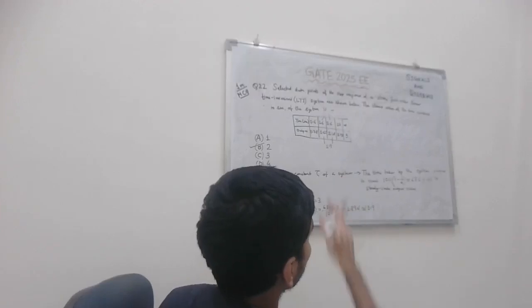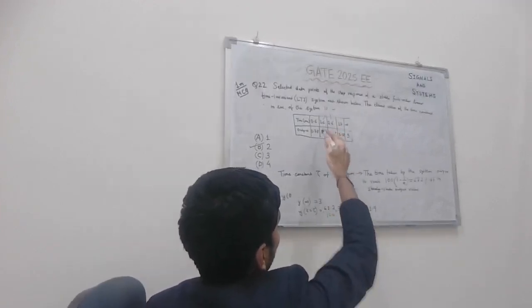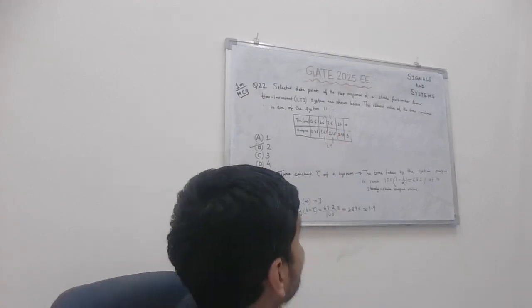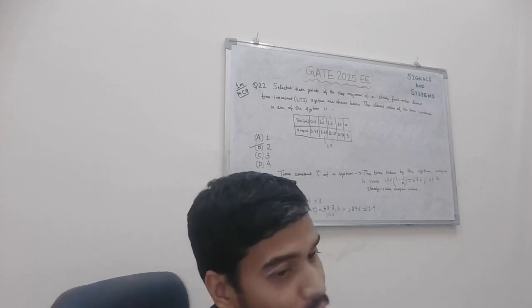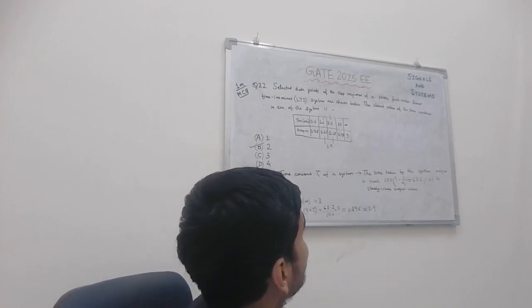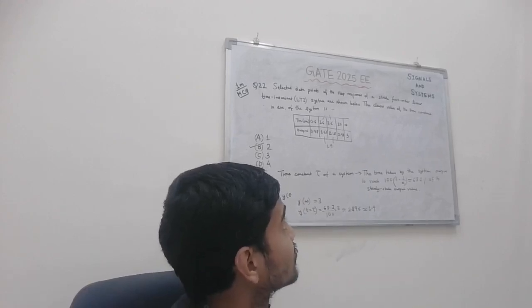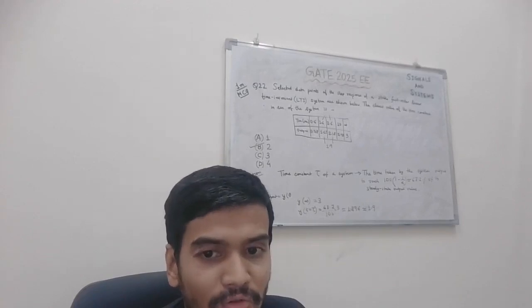So to do the interpolation for the 1.9 value of the output and find the time accordingly, the time constant can be said to be 2 in this case. This is option B. I explained the basic approach using the definition of time constant for a first order time invariant system. The solution is clear, and that's all for the solution.